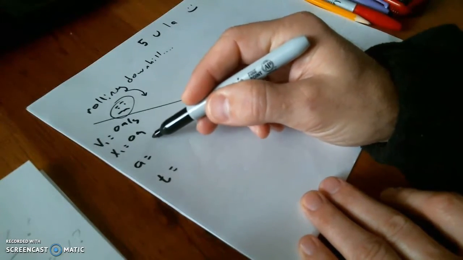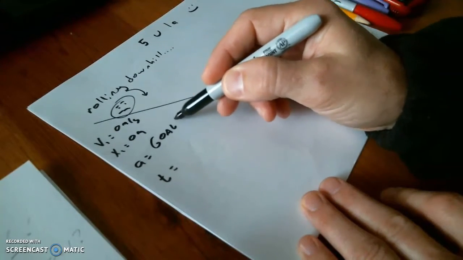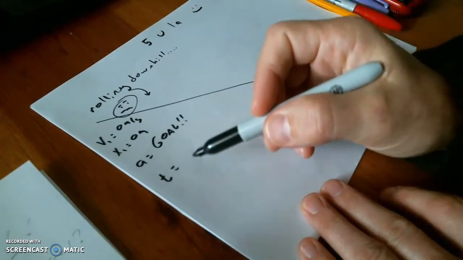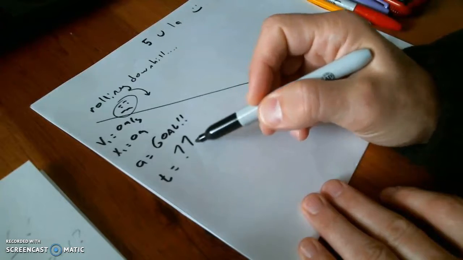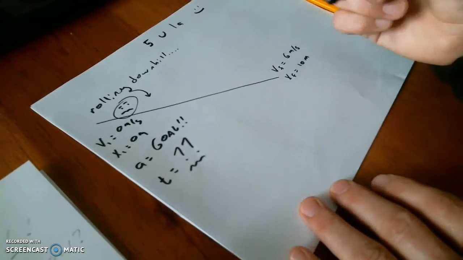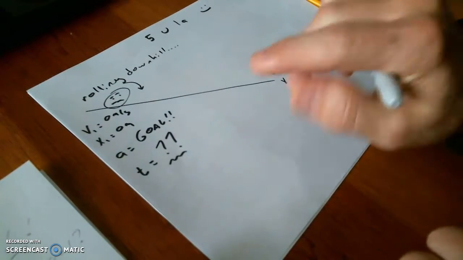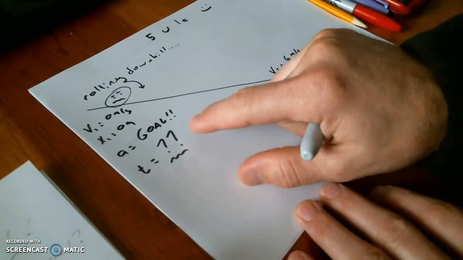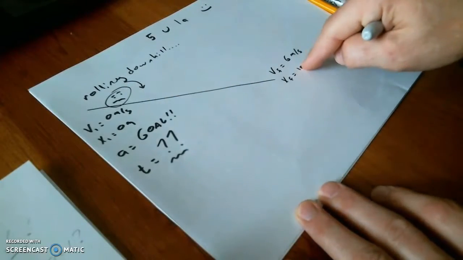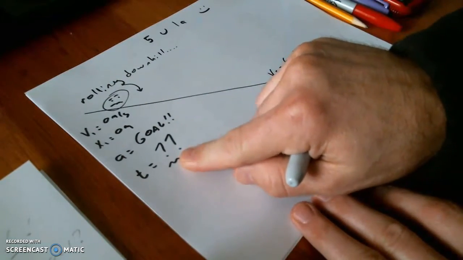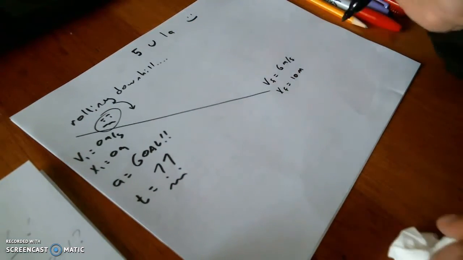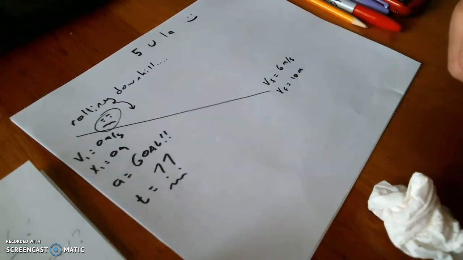The acceleration is going to be our goal. And here's the key to knowing when to use 5-ULA: when you just don't have the time. Time's not given, it's not asked for, it's not mentioned, there's nothing in here that told you about the time. You don't have the time. That's the key to 5-ULA. All right, so your acceleration is the goal. So what I'm going to do again